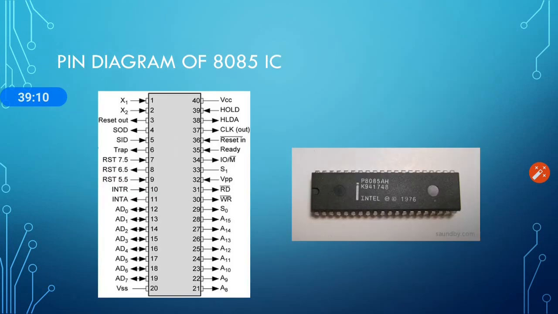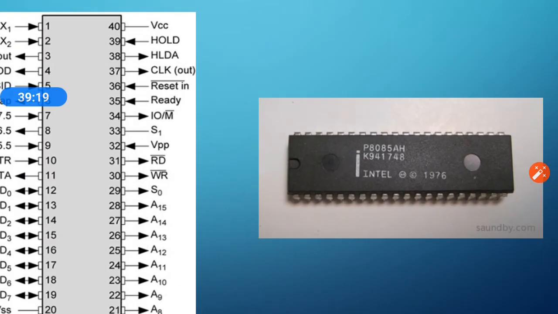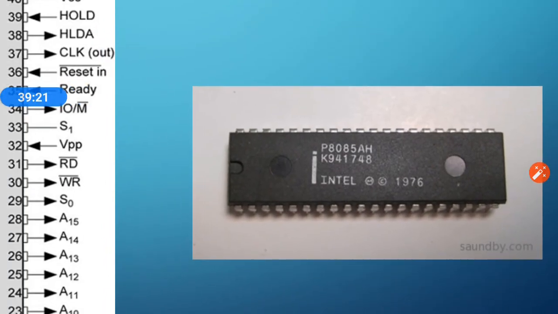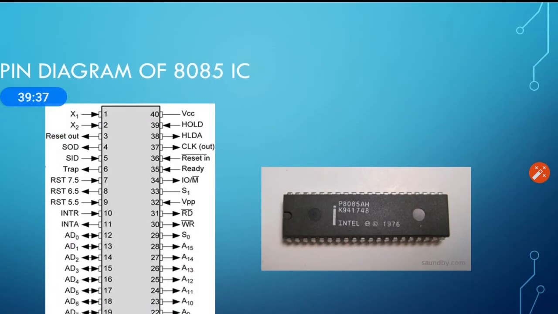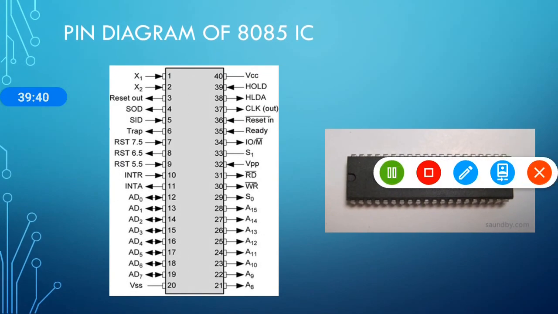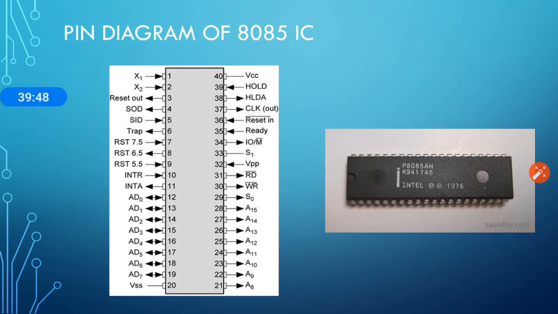So this is your 8085 IC. I will zoom in, then you will see this is your 8085 IC. You can see the number 8085, right? There are different circuits present in this IC, and each circuit has a block as I have explained in the block diagram, right? And this is the pin diagram, that means the pins of the 8085. So this is up to your basic introduction, right?